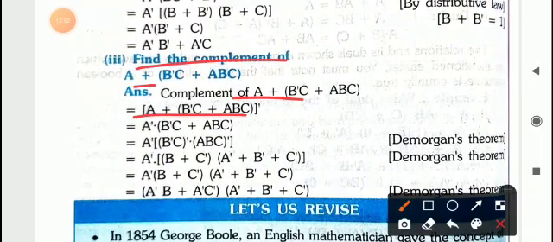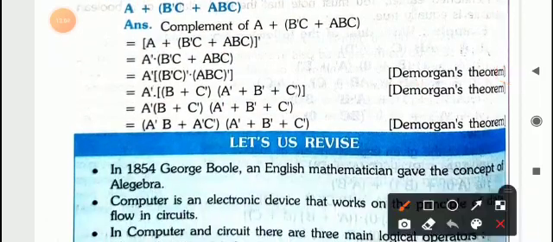Based on De Morgan's law you have to simplify further: A complement, B plus C complement, then A plus B C plus C complement. Based on De Morgan's theorem only we simplify further, and this way you will get the complement of A plus B complement C and A B C as A complement B, then A complement C complement, then A complement plus B complement plus C complement.